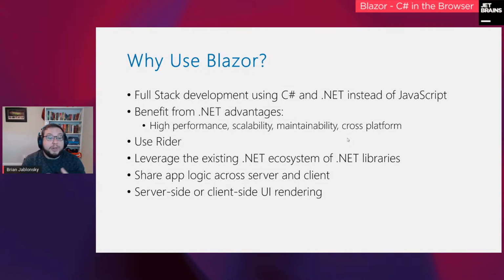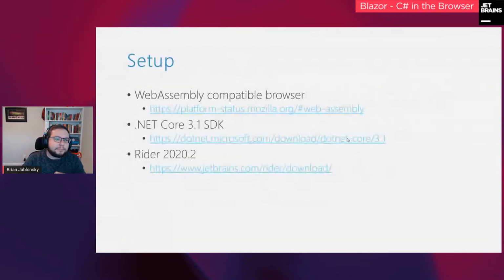Or you can do everything in the client-side UI. You can actually run C# and .NET in your browser using something called WebAssembly. So you're basically disconnected from the server. You don't have to go back to the server unless you're grabbing data from an API or something like that. So everything's rendered and run in the browser. You can definitely do one of these two models, and we'll discuss the advantages and disadvantages of going with one over the other.